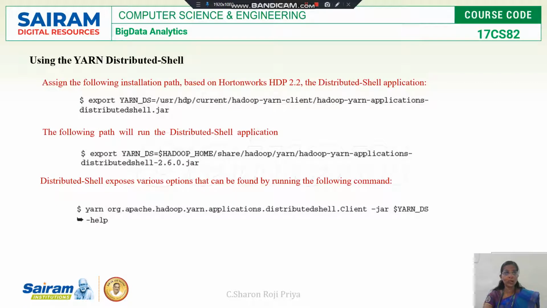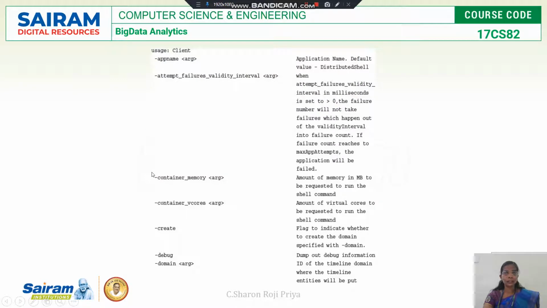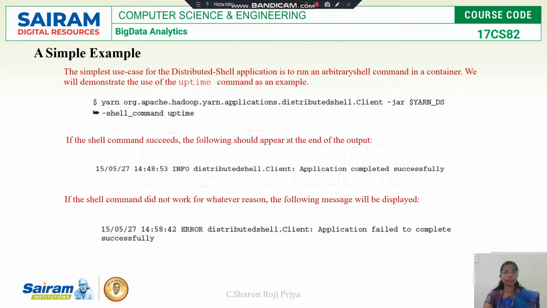We have seen how to do the installation, how to run, and how to use the various options available in my distributed shell. These are some of the sample options. And we have seen how to run a shell command: if I want to run a shell command, I have to use the option -shell_command.